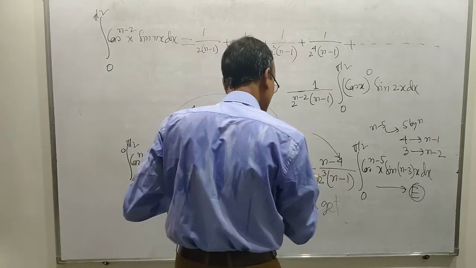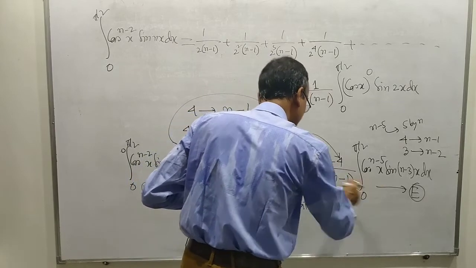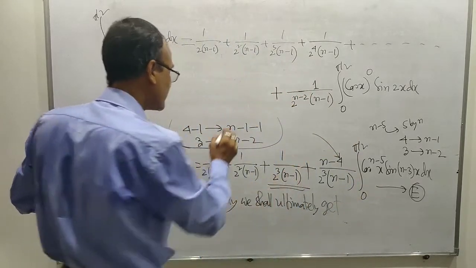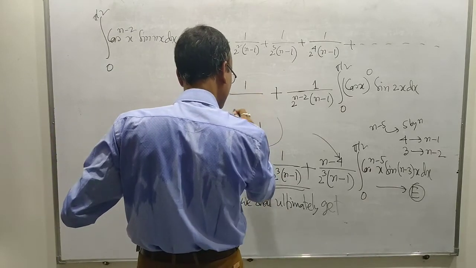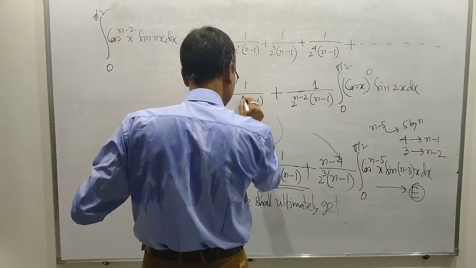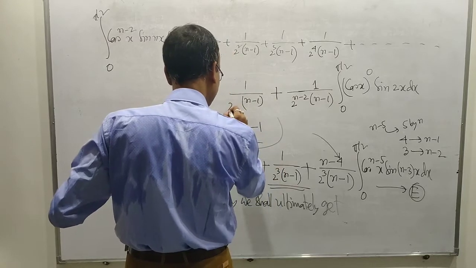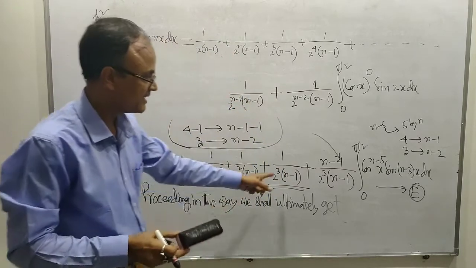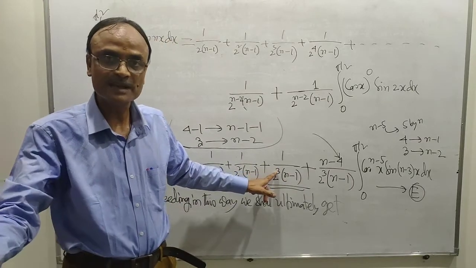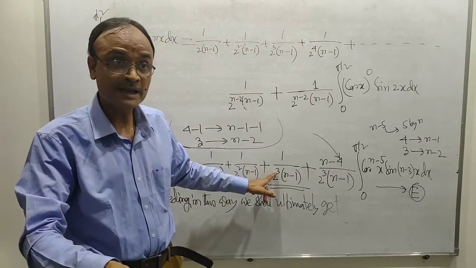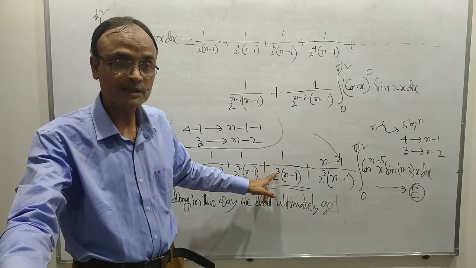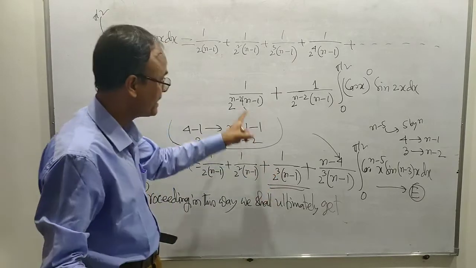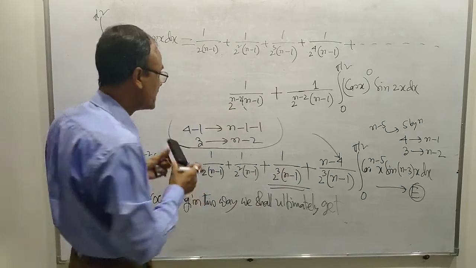Plus. Now we have written this term, the last but one term: 1 by n minus 1, 2 to the power 3, 2 to the power n minus 2. Similarly, 5 is replaced by n, 5 minus 1 should be replaced by n minus 1, 4 is replaced by n minus 1, and 3 should be replaced by n minus 2. Therefore, it is n minus 2. Plus,